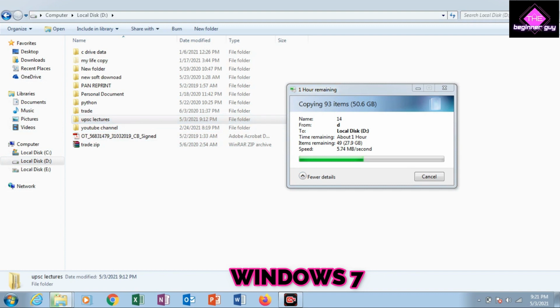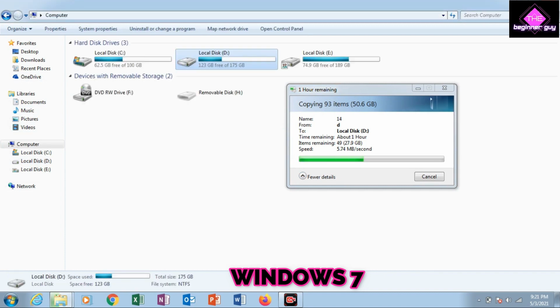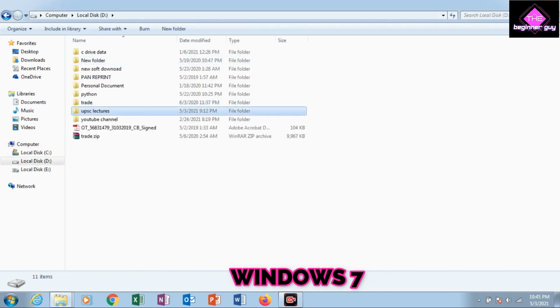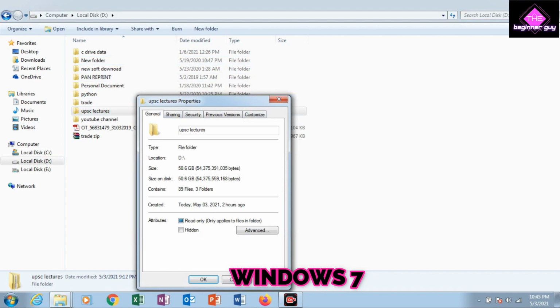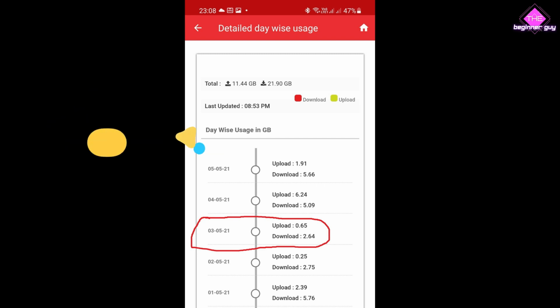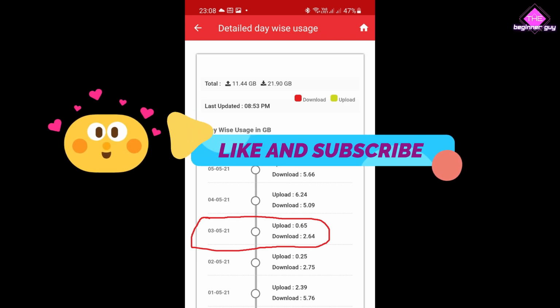I'm copying it here. I will skip this copying process. Check this UPSC lecture folder, it is 50.6 GB in size. Now see usage date of my Wi-Fi connection on 3rd May 2021. Means this process doesn't consume your internet data. So feel free to use this method.